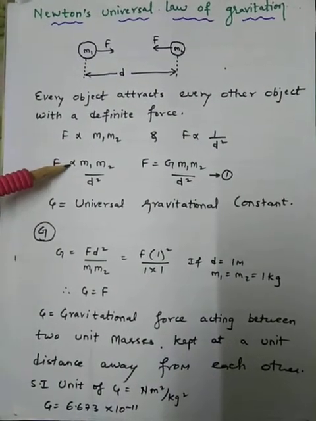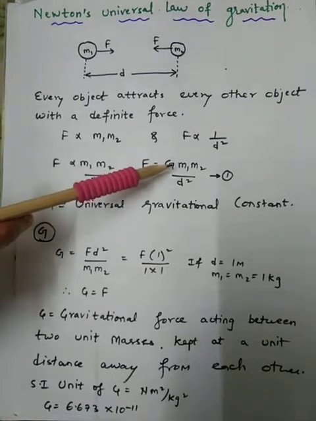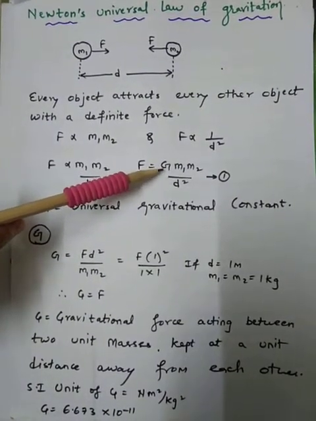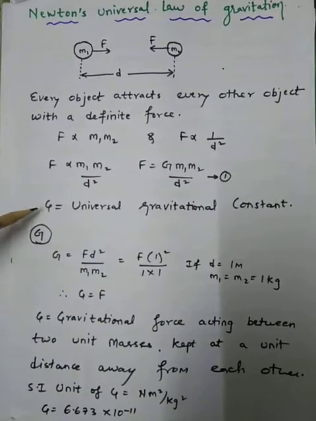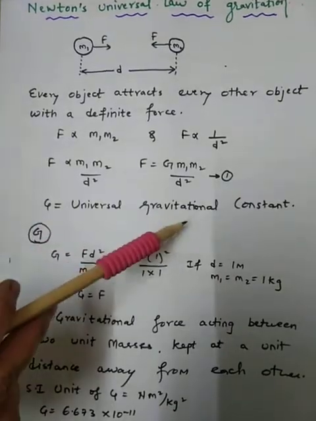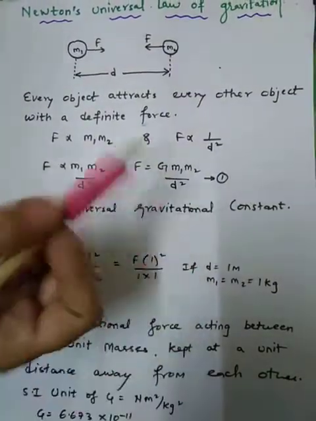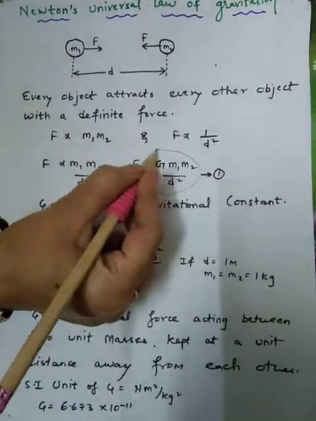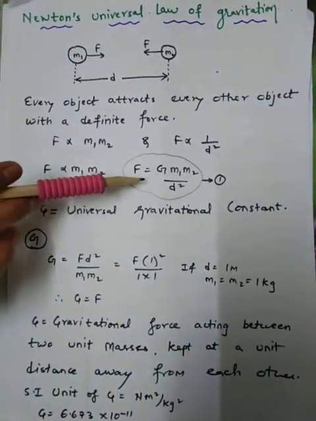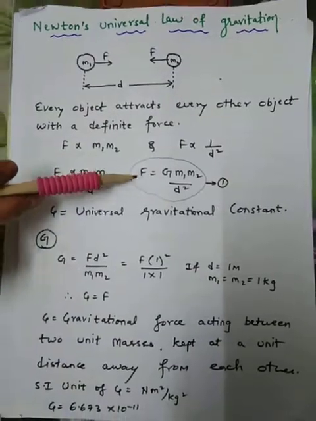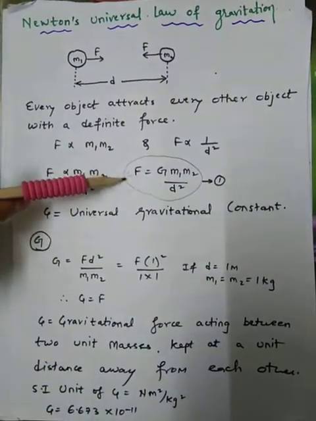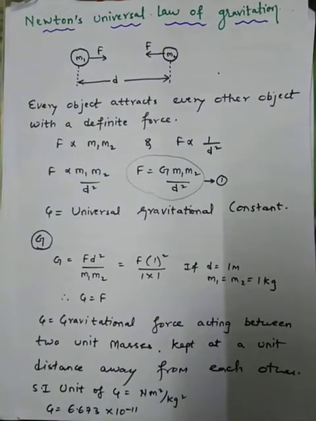Now this proportionality constant we are replacing by equal to some constant. Because it is gravitational constant, instead of writing k, we are writing here G, and you have to immediately mention that where G is equal to universal gravitational constant. This is the very important equation which is called mathematical expression for Newton's universal law of gravitation. F is equal to G m1 m2 upon d square. Very important formula. We will be having sums based upon this in exercise.